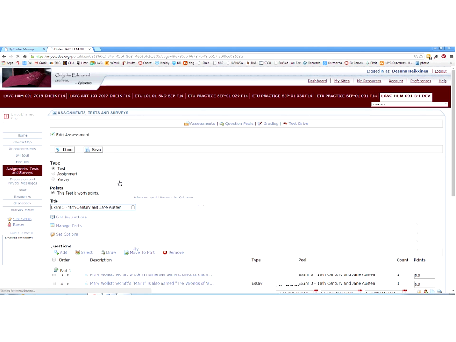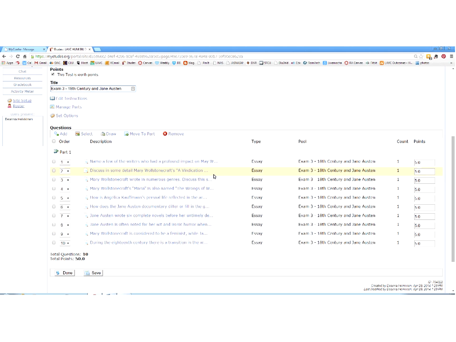And in the exam, you see these are all essays because this is a Women in Humanities class, and so I want them to really comment on what they've read and what they've looked at. I've posted in the module the documentary, and so I have a question on the module, I have a question on what they actually read. They read Mary Wollstonecraft, A Vindication of the Rights of Women, and so I use both module and reading,